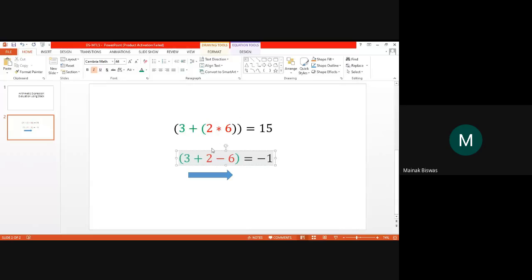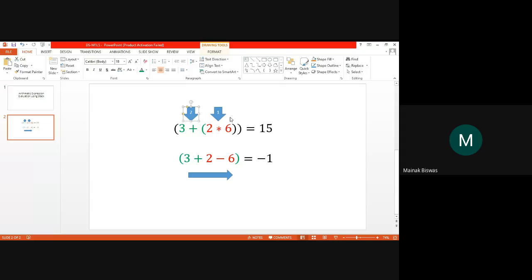So basically, in this case, the priority of an operator. This operator, the multiplication operator, has a greater priority, so it was computed first, and the addition operator has a lesser priority, so it was computed later. So let us see. This has a greater priority, that is 1, and this has a lesser priority, so it has a priority of 2. So we are setting the priority of an operation. So how do we resolve a problem in a computer, right?